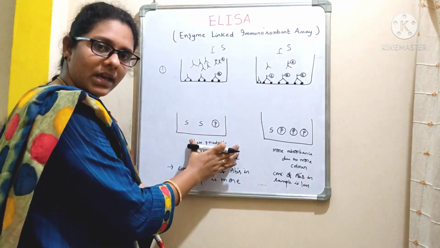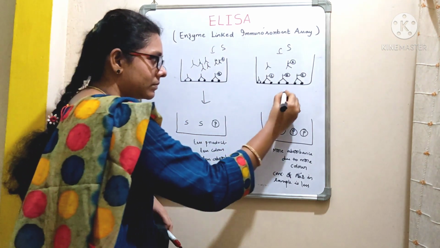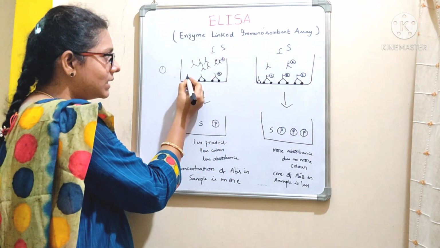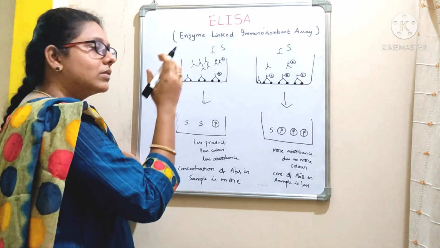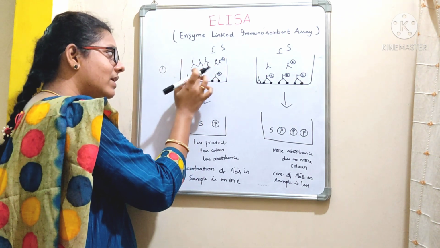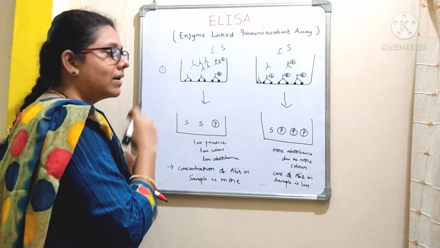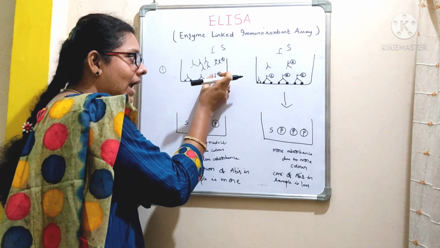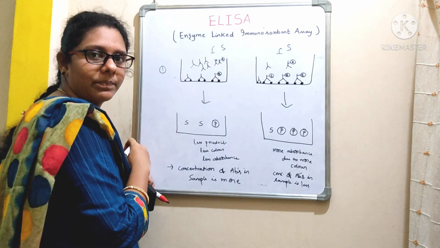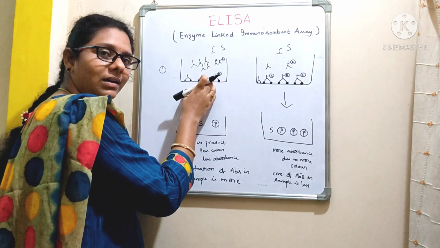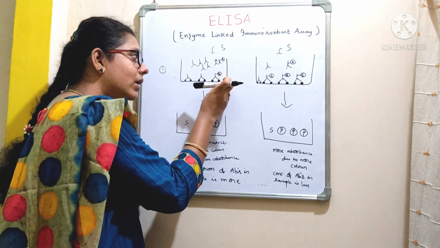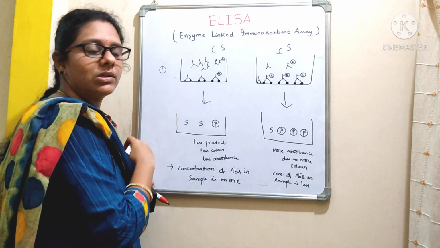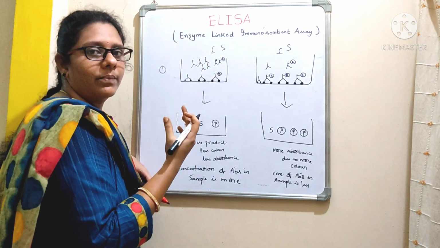See here, in this case, if you observe, when you add the substrate, these are the antibodies without the enzyme. So though you add substrate, that will not react here to give rise to a colored product, whereas here, this antigen is bound by an antibody that is linked with the enzyme, right? But here most of the antigens were occupied by these normal antibodies that are present in the sera of a patient, because their concentration is more, right?